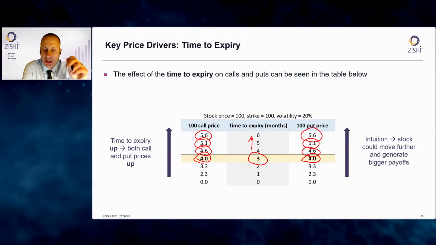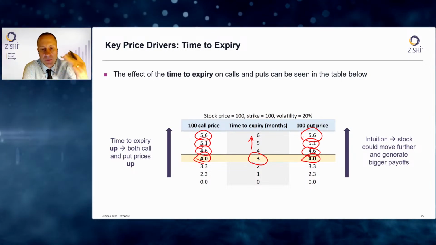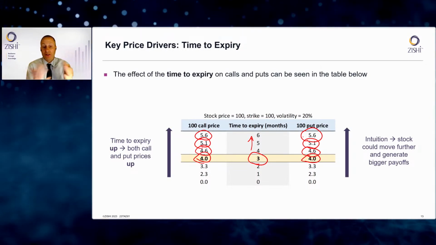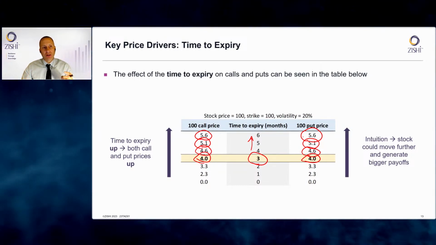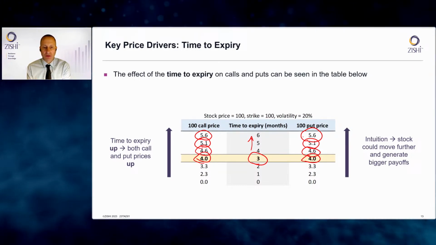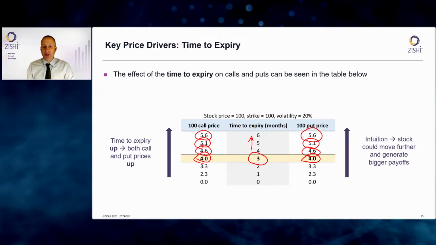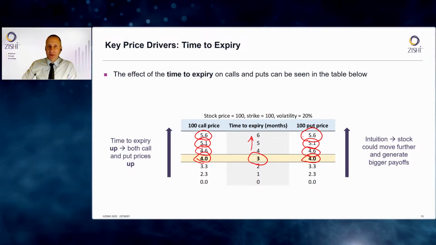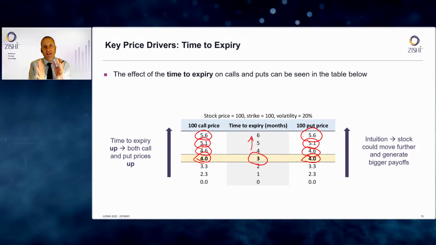Now, the intuition here is exactly the same as the intuition we had with our volatility case. I want to give the stock the maximum opportunity to move. And that can come from a high level of volatility, so we get big movements over a certain time period, either up or down,